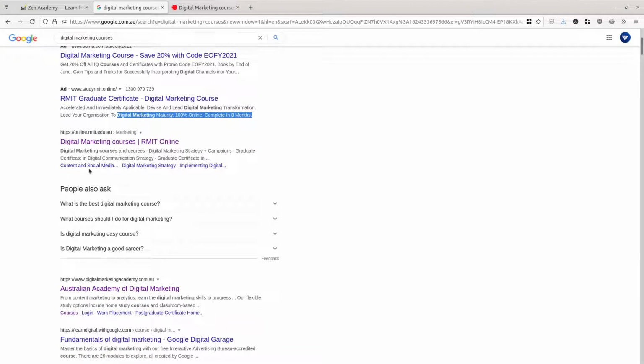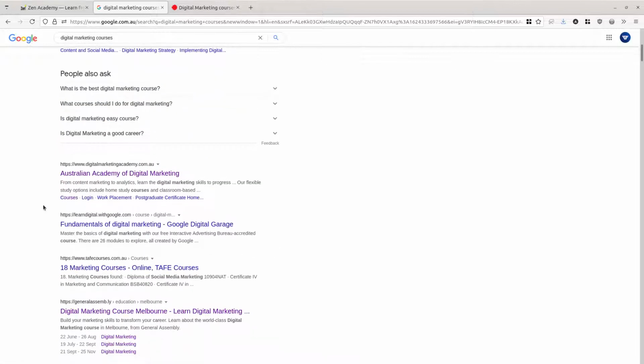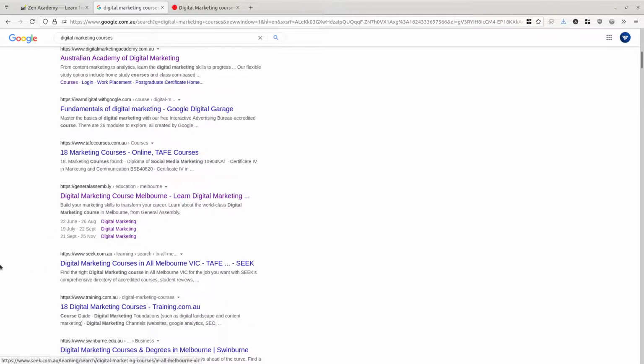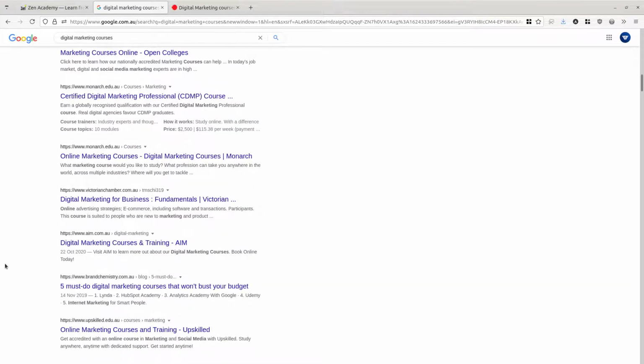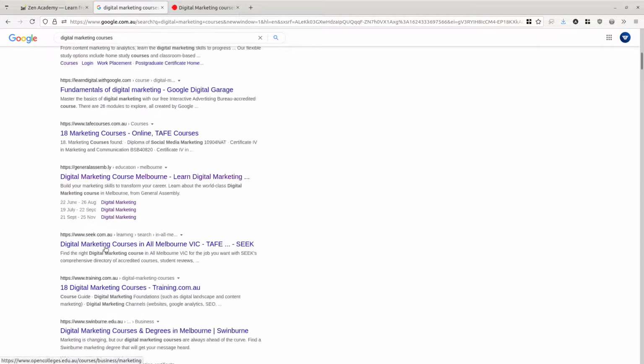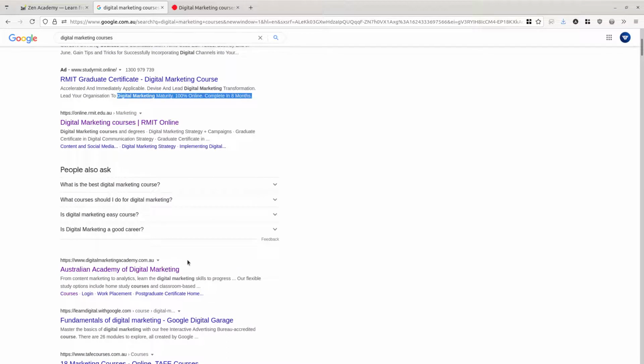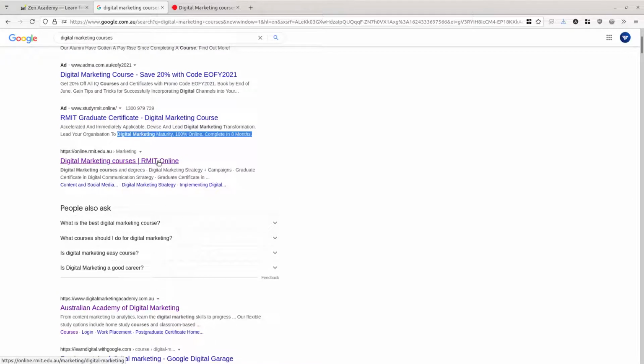Sometimes you will see these small links, which are basically called site links. So you've got that here. This is all structured data, site links pointing back to internal pages, and so on and so forth. So, the search results will be varied depending on what form of content is present on that individual page. So if you explore this page,